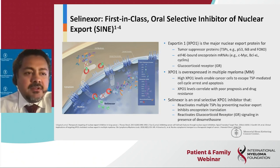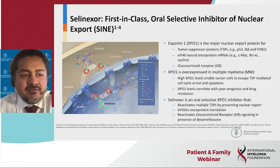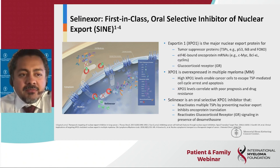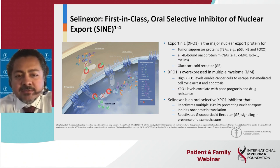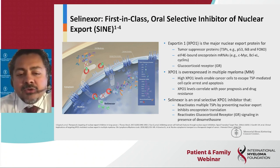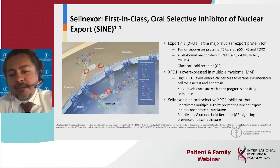Here we go. So selinexor is an oral selective inhibitor of nuclear export. That's a mouthful. But what this oral exportin 1 inhibitor does is it's able to shut down an export protein in the nucleus of cancer cells. It helps in overcoming this escape mechanism that cancer cells have,